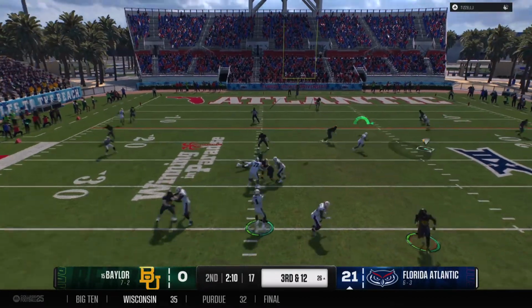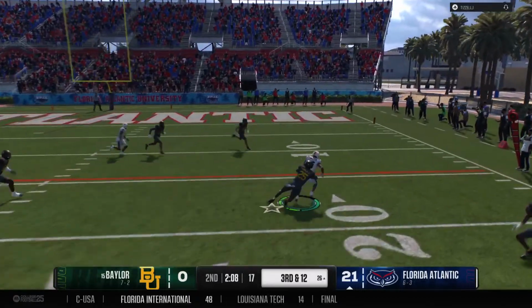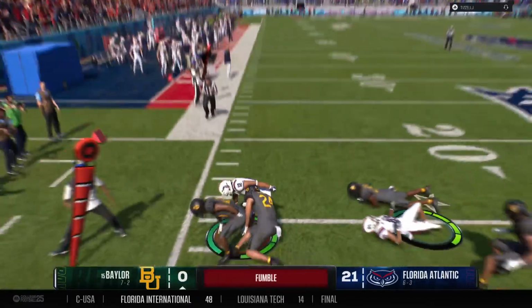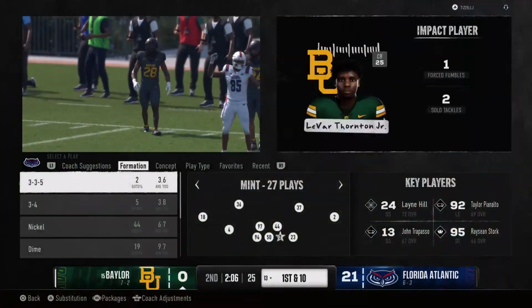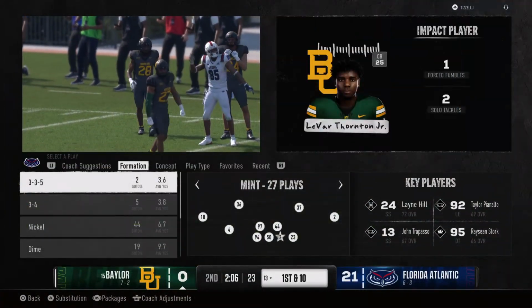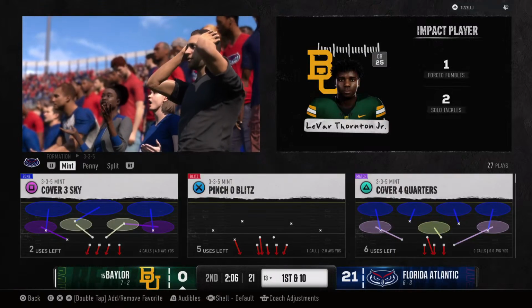On 3rd and long, trying to have a big completion here. Firing to the right, complete. Ball is loose. How about that alert play from the defense to scoop it up? You know, this is a receiving group that practices making catches in traffic, and they're used to...